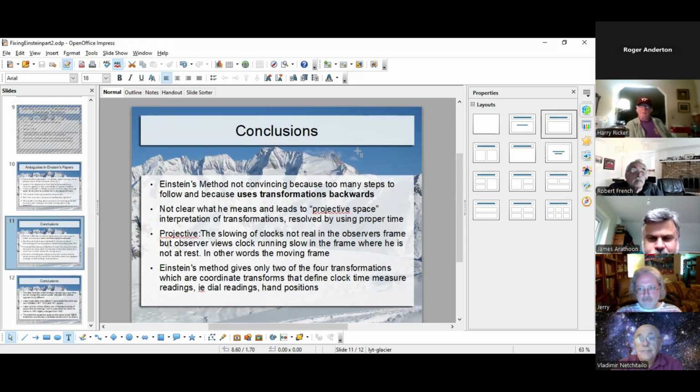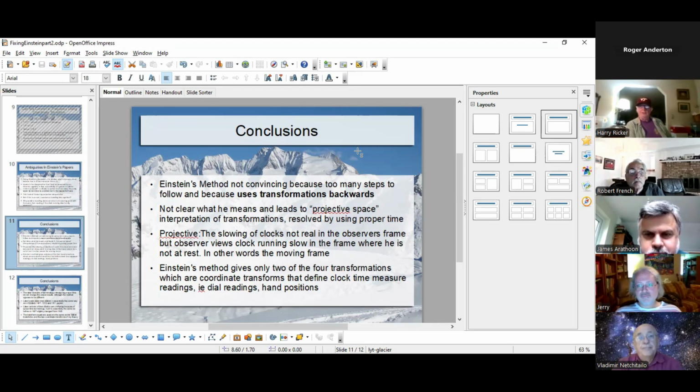The only thing really that you can say that offers a proof is the Stark, the Canal ray experiments. That was confirmed by Ives and Stilwell to a much higher degree of accuracy in the 1930s. And so you could say that's really the experimental proof there. The problem is that in order to accept that, you have to go through this tortuous method that he uses